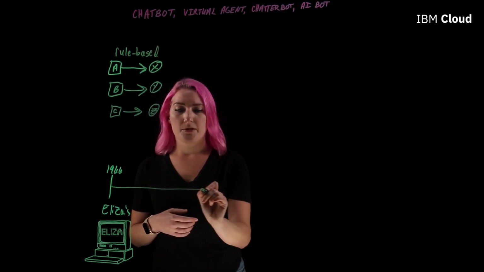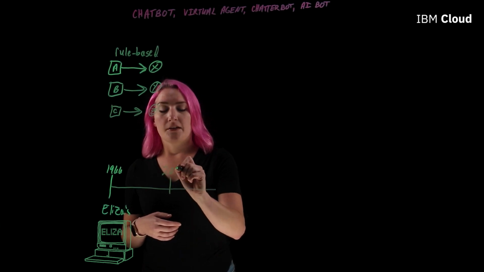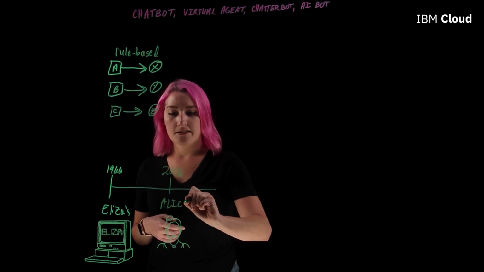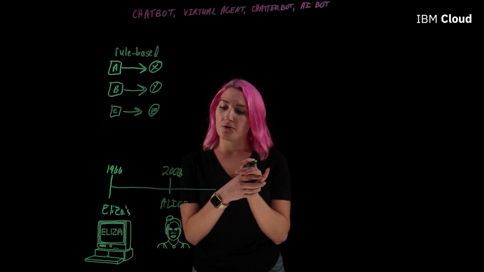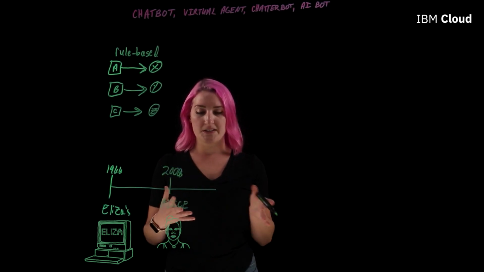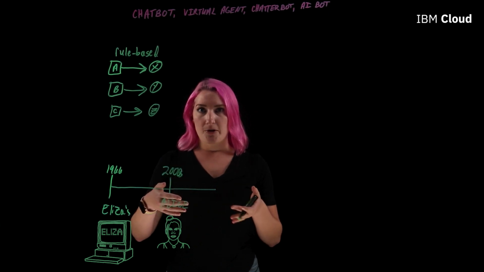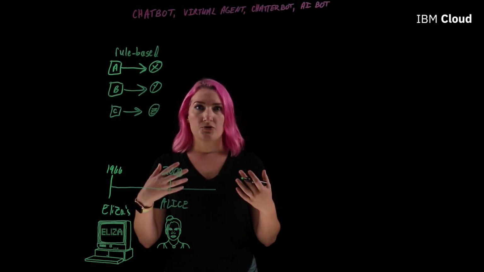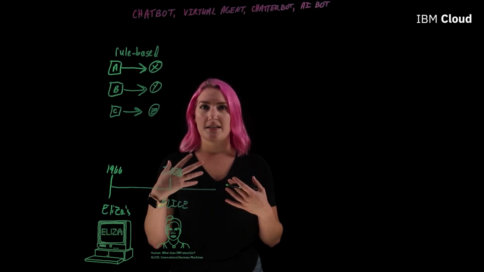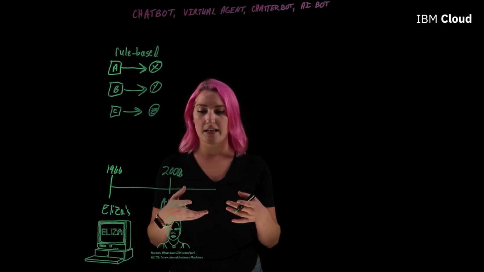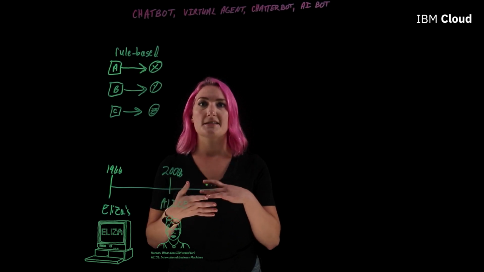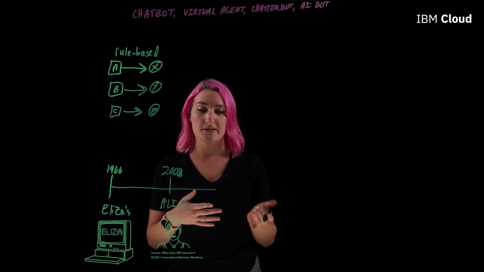Next, we're going to fast forward to the 2000s. Now, this chatbot was named Alice. Alice stands for Artificial Language Internet Computer Entity, which is a lot of words to say that Alice's sole purpose was to use pattern recognition to have conversations with people. That was literally it. She was just there to act as a human, in order to communicate. The technology that she's based on is the foundation for most chatbots these days.